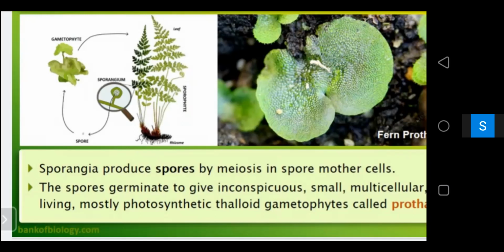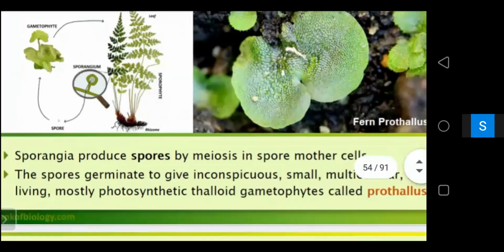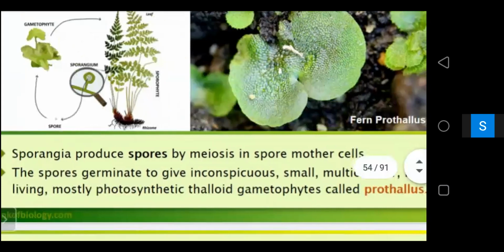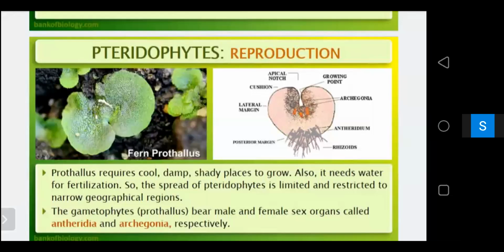So these spores germinate to give inconspicuous small multicellular prothallus. The spread of living pteridophytes is limited and restricted to a narrow geographical region. That's the reason, because the prothallus